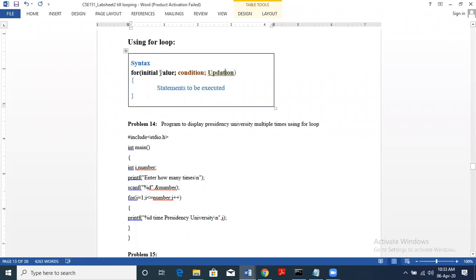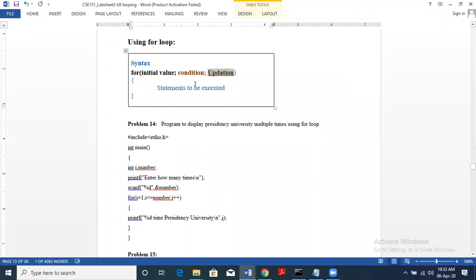Initialization is to initialize the index. Condition is to check till what value the statement has to be executed. And updation is either increment, decrement, or if you want, we can multiply, or divide, or any type of updation can be done on the index.